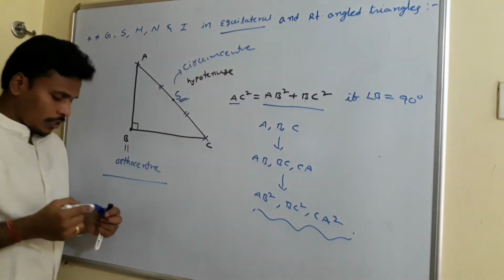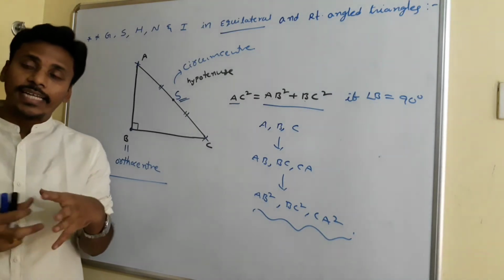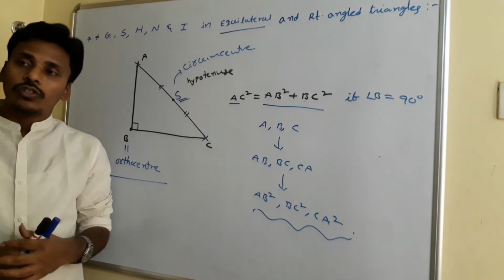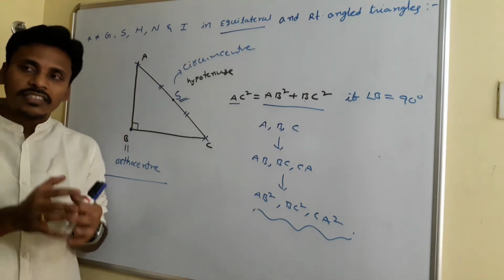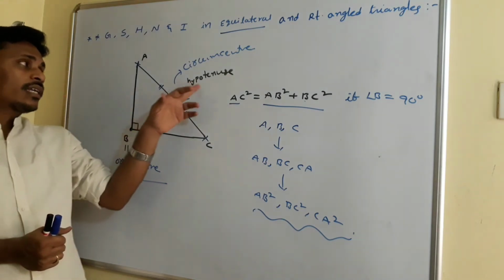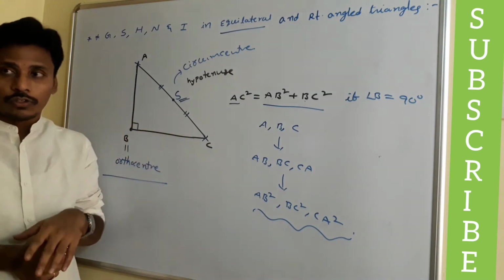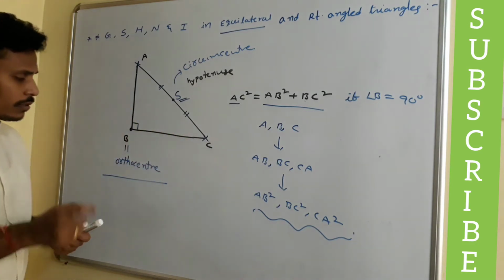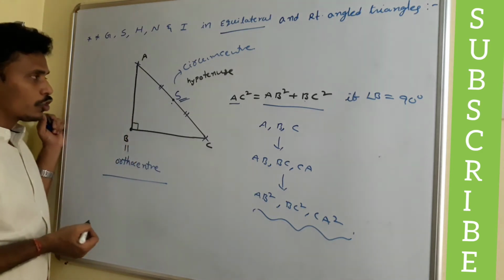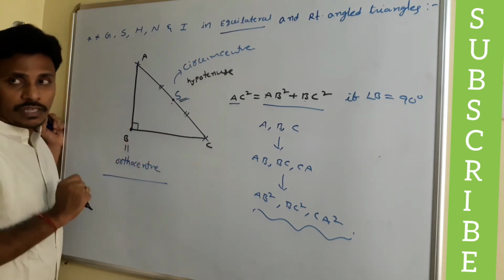Right? So, if you know that the triangle formed by the given vertices is a right angle triangle, then again, no need to find the circumcenter and orthocenter using the lengthy process. It is just enough to mention that the orthocenter is the right angle vertex and the circumcenter is the midpoint of the hypotenuse, right? And one more thing is that since this circumcenter is the midpoint of the hypotenuse, we know that the circumcenter is the center of the circumcircle.